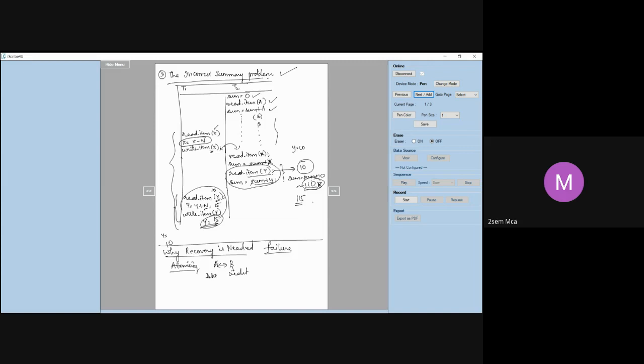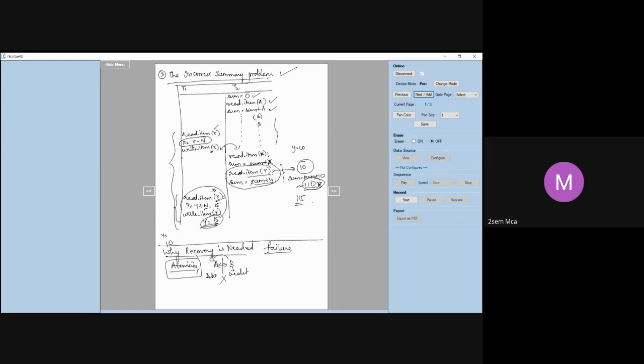You cannot say, I debited but I didn't credit, or I credited but I did not debit. That is wrong. After the debit, if the transaction fails, you will have to roll back, or undo the debit. That principle is called atomicity.